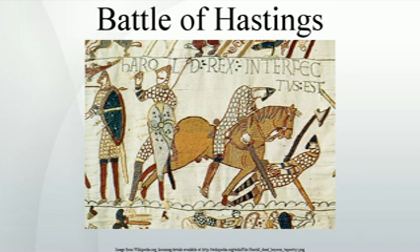Coordinates: 50°54′43″N 0°29′15″E / 50.91194°N 0.48750°E. The Battle of Hastings was fought on October 14, 1066 between the Norman-French army of Duke William II of